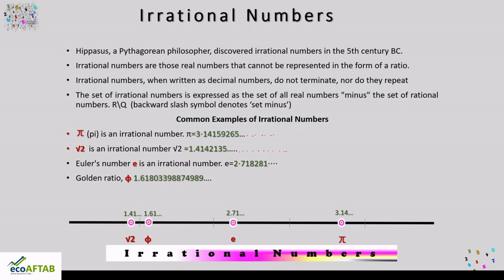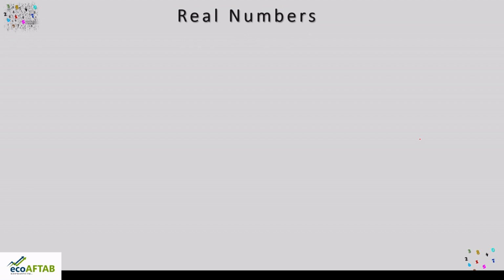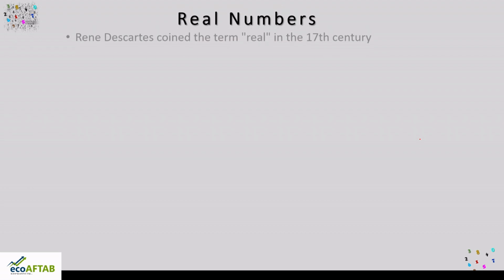And when I'm speaking about irrational numbers, the set of rational numbers is one particular set and the other set is irrational numbers. So we now have two sets of numbers. One is all those numbers which are rational, and the other is numbers which cannot be written in the form of p by q, called irrational numbers. And both together become our next type of number, that is real numbers.